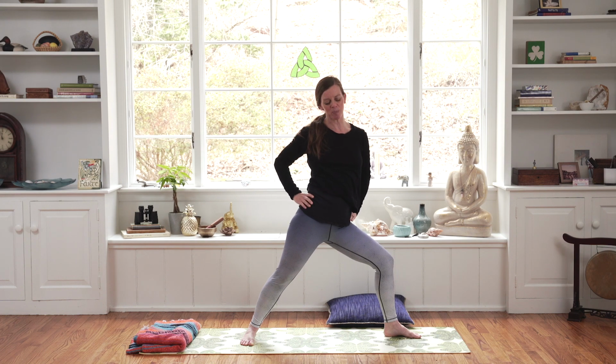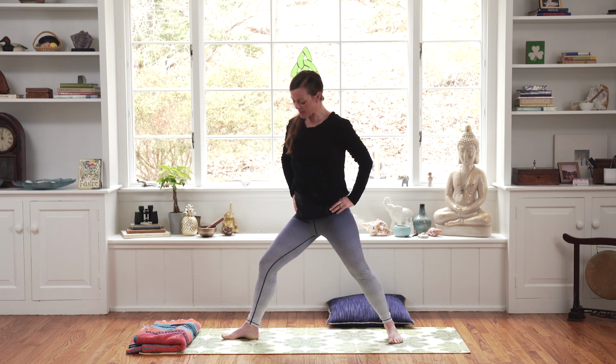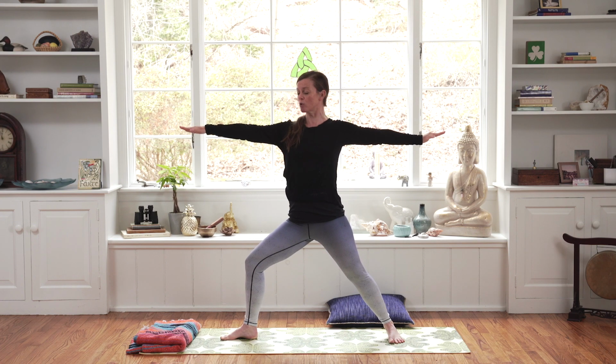Take the hands to your hips. Straighten that left knee. Point both feet in the same direction. We take your right foot to the side. Bend into the front knee. Check again, my shoulders and hips are in line. Arms open straight out to the side. The gaze goes over that front hand. Before you're moving here, finding your power in this pose, press through the feet, lift through the center, drop your